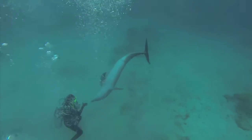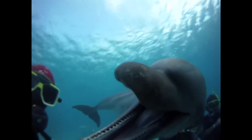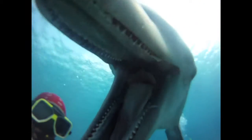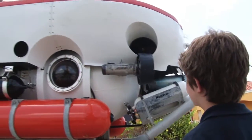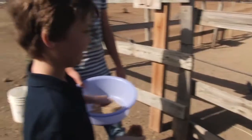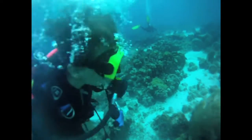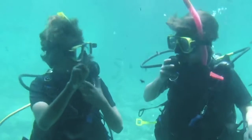In this episode, join us as we explore Curaçao's rich colonial history. It's a cannonball fired by the English. And amazing nature both above and below the surface. Then there was two eels, really long, except super skinny coming out. And they come out, and whenever you go close, they go in. Even well below the surface. We're about to go down 500 feet in a submersible sub. Plus, check out the island's animals, both on land, hand feed an ostrich, and in the sea. Just looking at the dolphins, and they seem to love us. Discover it all in